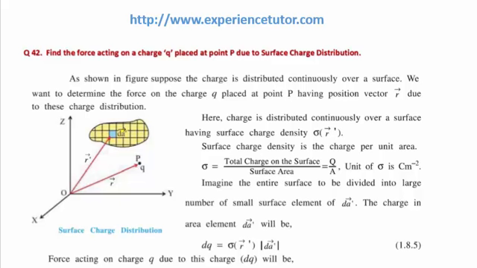Sigma is equal to total charge on the surface upon surface area, is equal to Q upon A. Unit of sigma is coulomb per meter square. Imagine the entire surface to be divided into large number of small surface elements of dA dash. The charge in area element dA dash will be dQ is equal to sigma of r dash, modulus dA dash. Force acting on charge Q due to this charge dQ will be